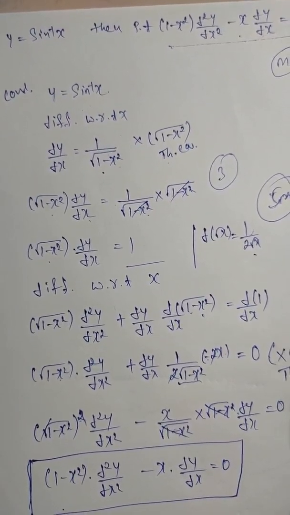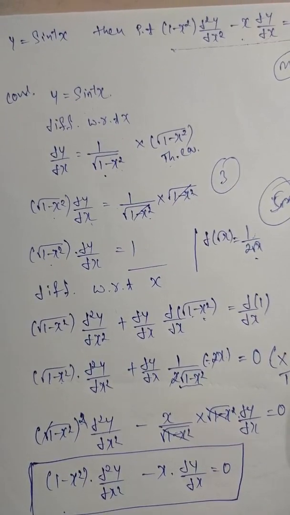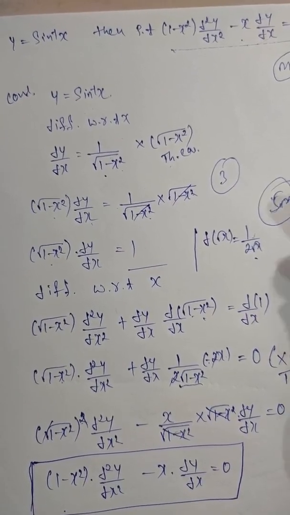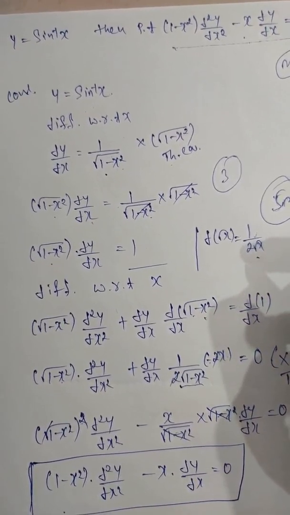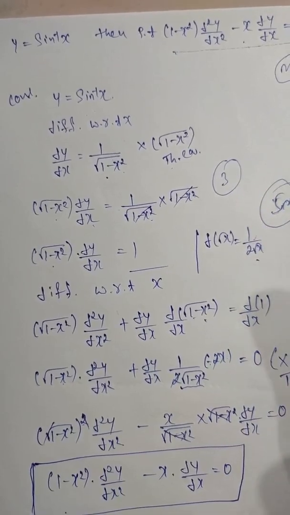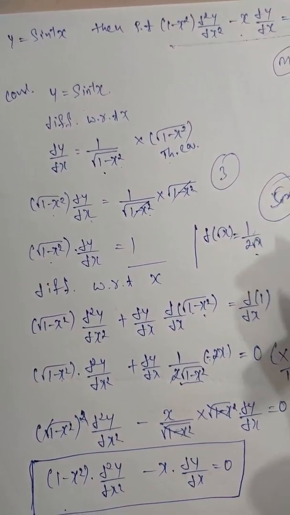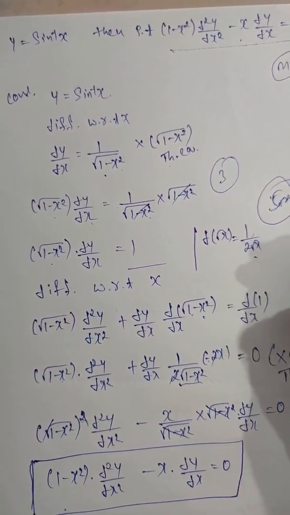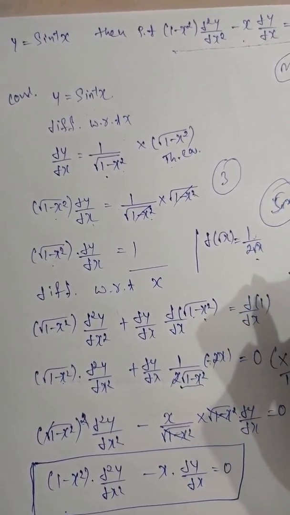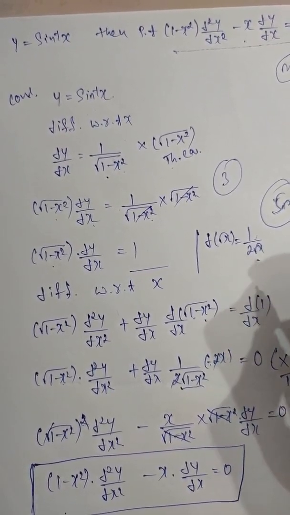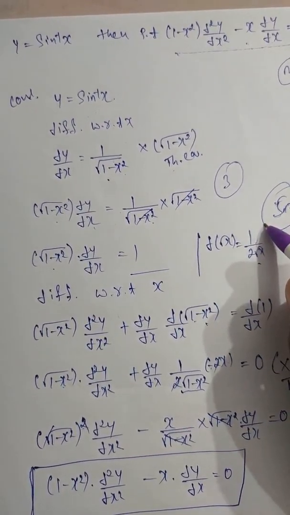For your main exam, totally 10 questions are there for 5 marks. In that you have to write 6. In that 6, if you choose this one, it will be easy for you. To explain this problem takes me 10 to 15 minutes. If you analyze and write it, it will take 10 minutes. In the exam, you will write this problem within 3 to 4 minutes. Within 3 to 4 minutes, you will get 5 marks, so don't miss that problem.